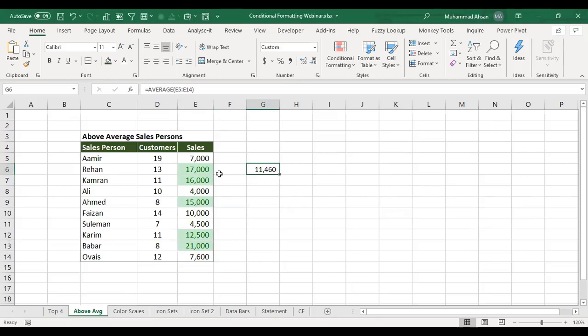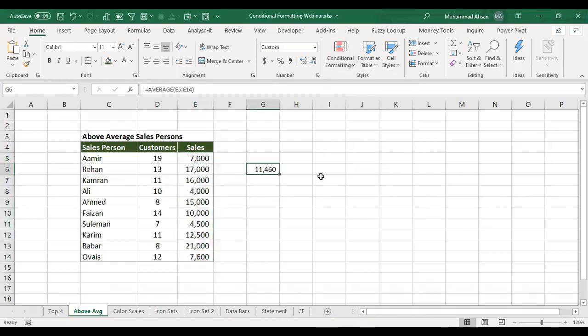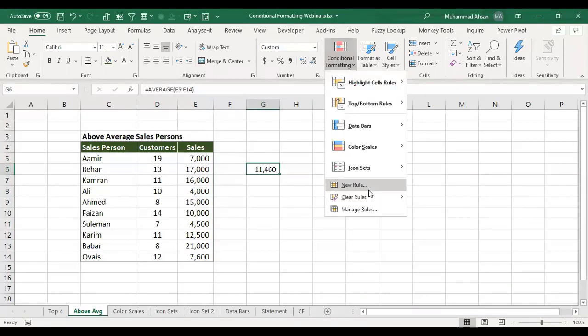But what if we want to highlight the entire row instead of just one cell? So again, we are required to create a logic. And if we are good users in Excel, if we can create some logics and are familiar with some functions, we will easily apply new rules in conditional formatting, right?